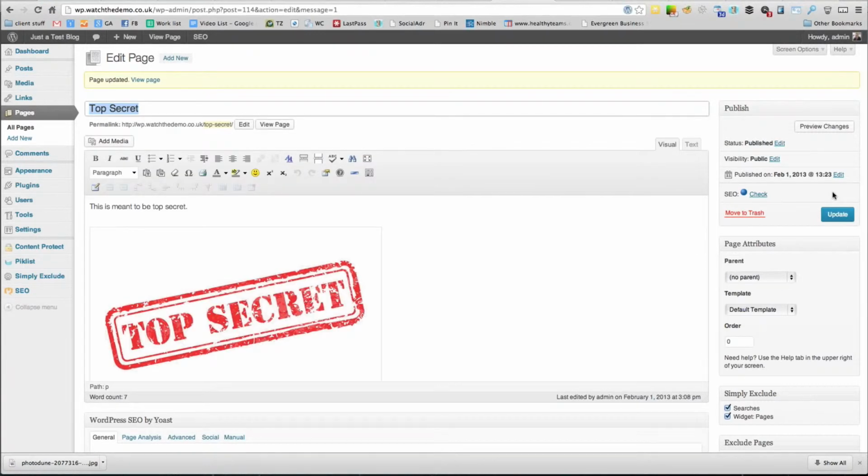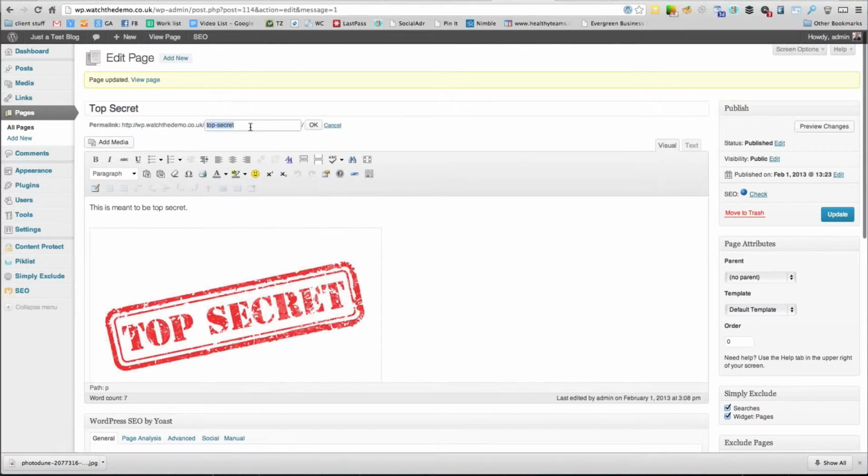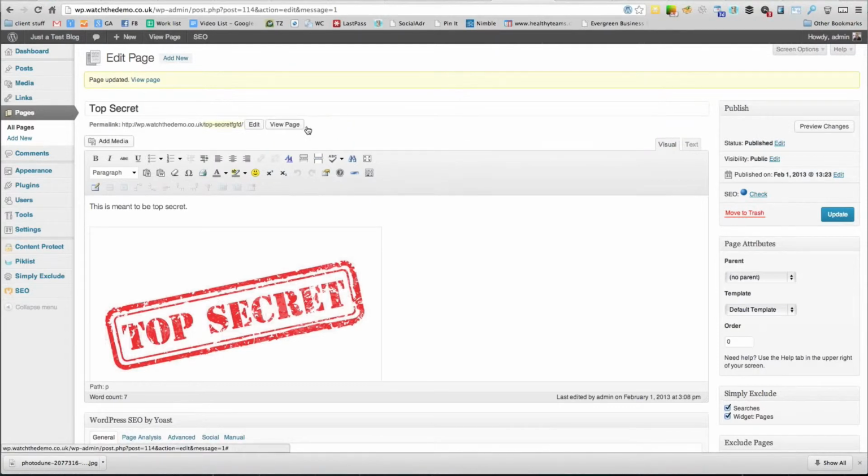You are relying on their goodwill at that point. There are some more technical things you can do if you really are worried about this particular page, but that's one for another day. The other thing you can do is keep changing the name of the page so that if it does get indexed, you can edit the page name here and put in something more obscure,